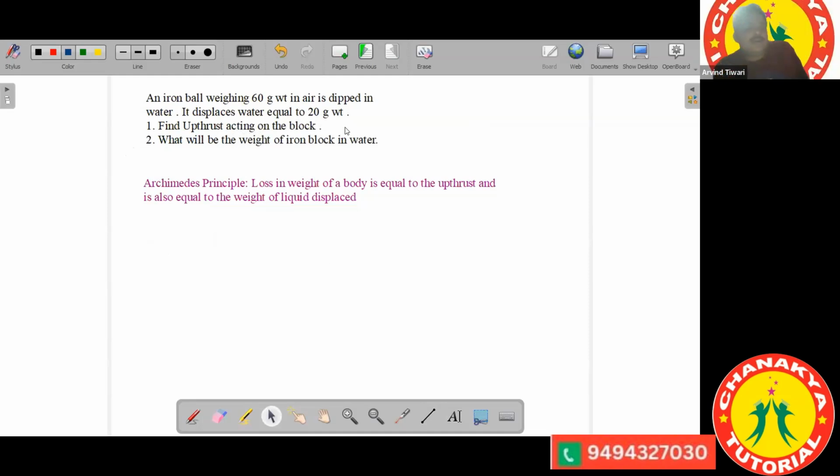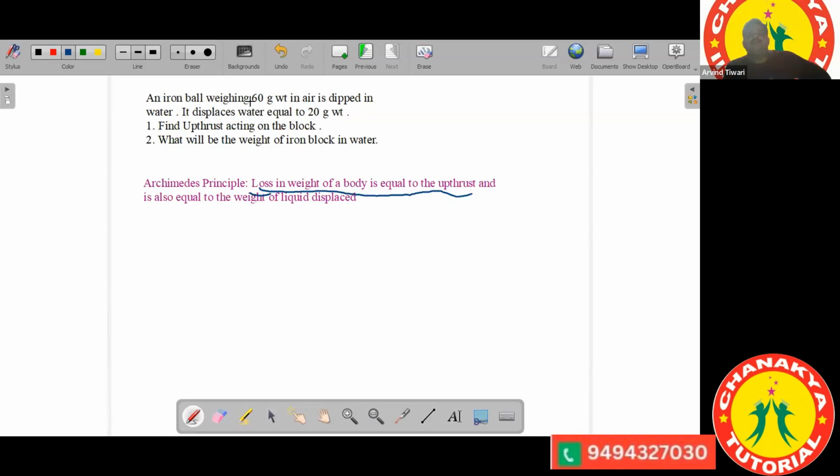Okay, see. First of all, find out the things which are given, and the Archimedes principle. As per the Archimedes principle, the loss in weight of the body is equal to upthrust. So mark these points. Loss in weight of body is equal to upthrust. Right? So here the question says